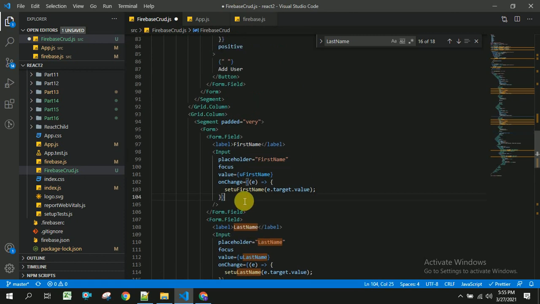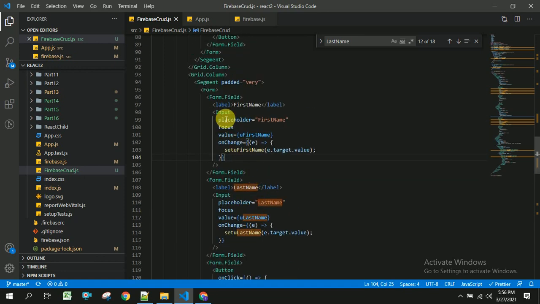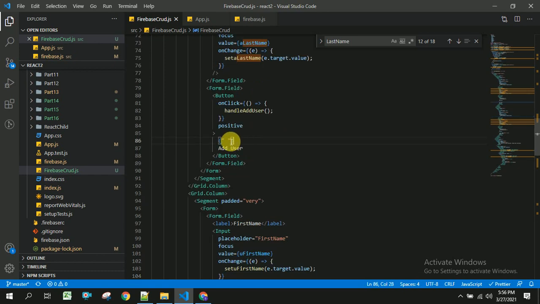Let us save this, and to this add user button I am going to apply another icon, and the name will be add circle. So let us save this.